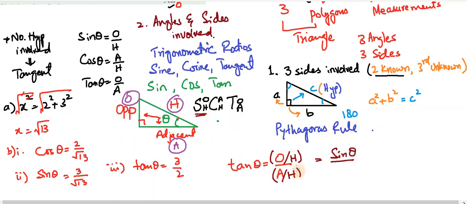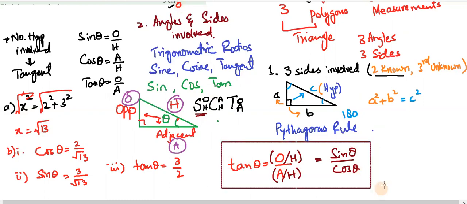And adjacent over h is cos. This is another important result that you may have to use for higher studies especially, but it's good that you know it at this level. Tangent theta is simply sine theta over cos theta, or in terms of the lengths, it's